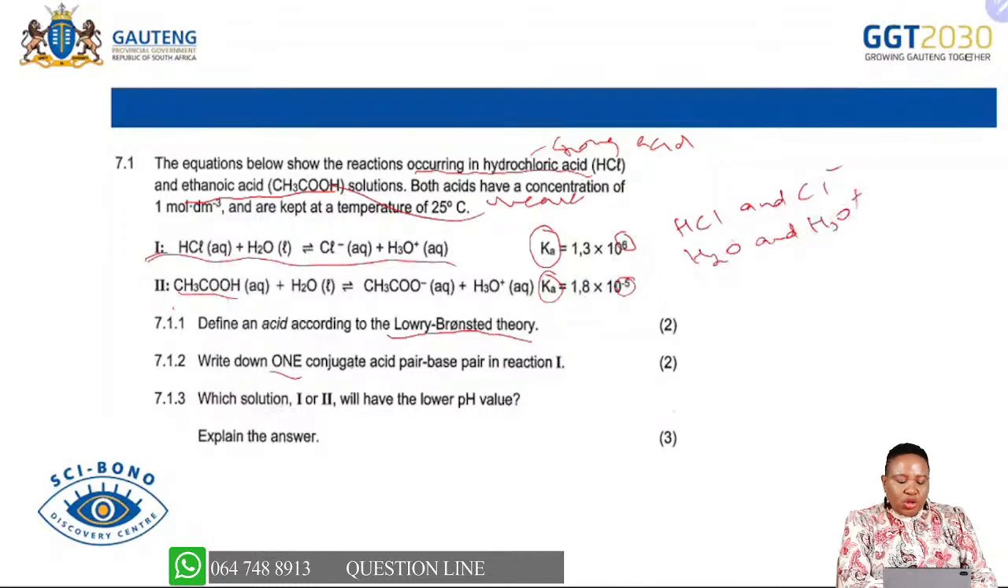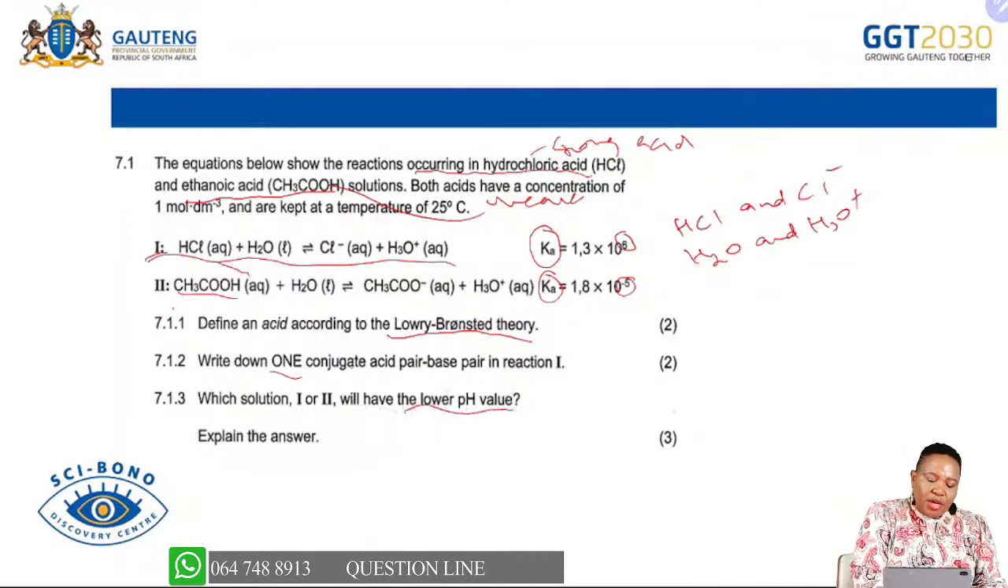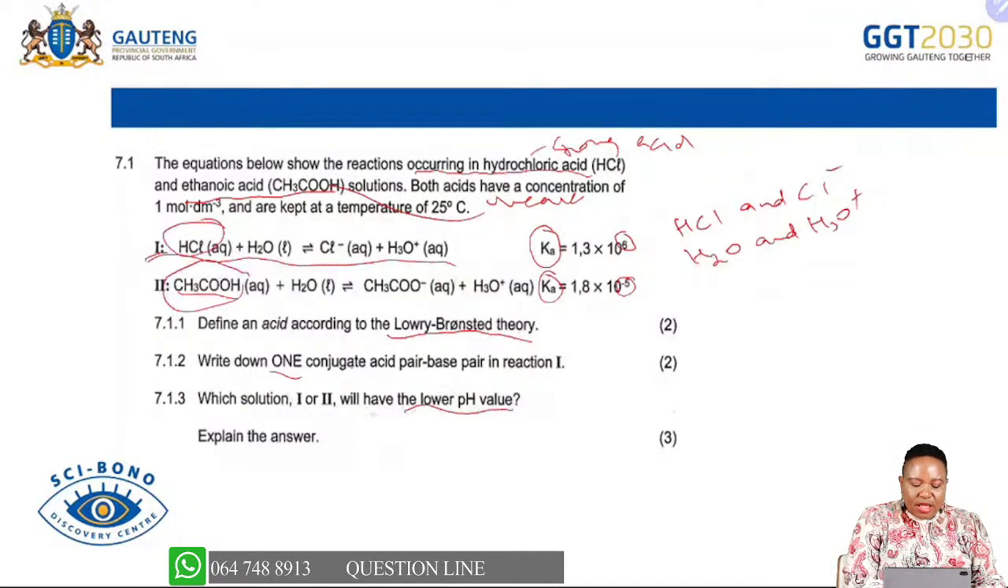Then which solution, 1 or 2, has the lowest pH value, and explain your answer. Now the pH value ranges from 0 to 14, and we know that the pH of strong acids is the lowest, followed by weak acids, and then the neutral substances, the weak bases, and the strong bases. Because we are comparing a weak acid and a strong acid, we expect the pH of the strong acid to be lower. So the one that is hydrochloric acid must have the lowest pH. It means reaction 1 is the one having